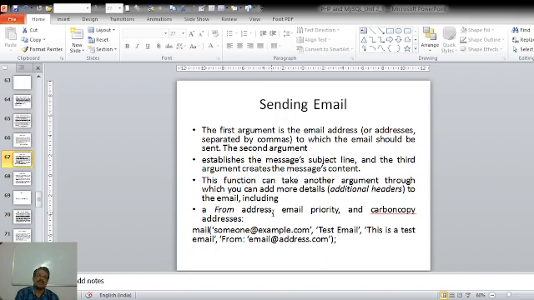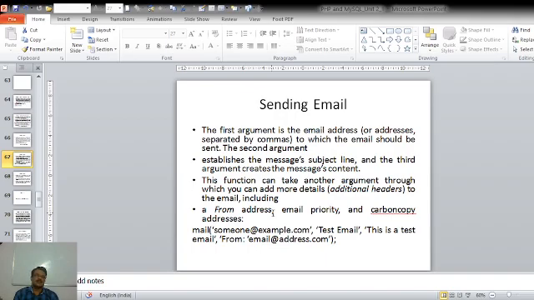Now this function can take another argument through which you can add more details. That is, we can add additional headers to the email, including a From address, the email priority, and the carbon copy address. We can send CC and BCC mails, so the same carbon copy feature can be used in the mail function. In the mail function, the first parameter is the email ID to whom the message is being sent.